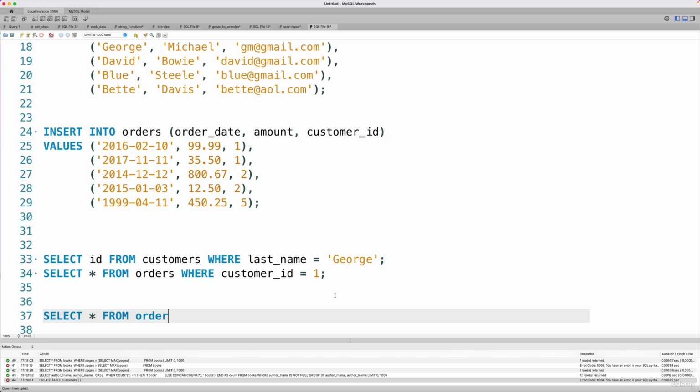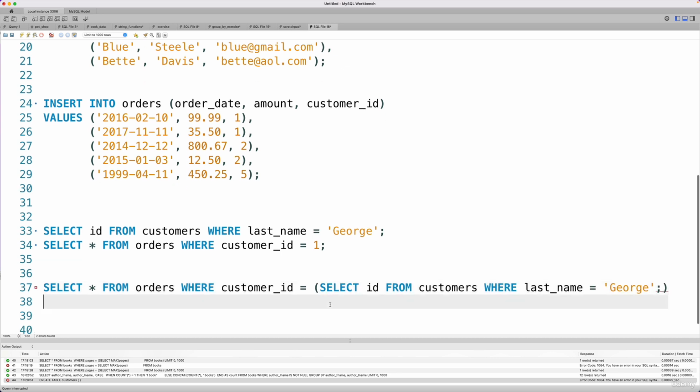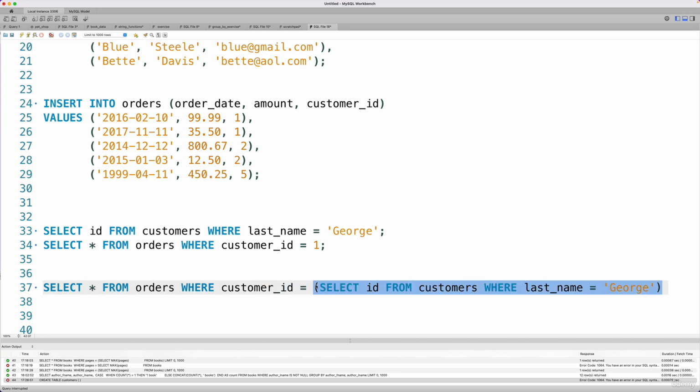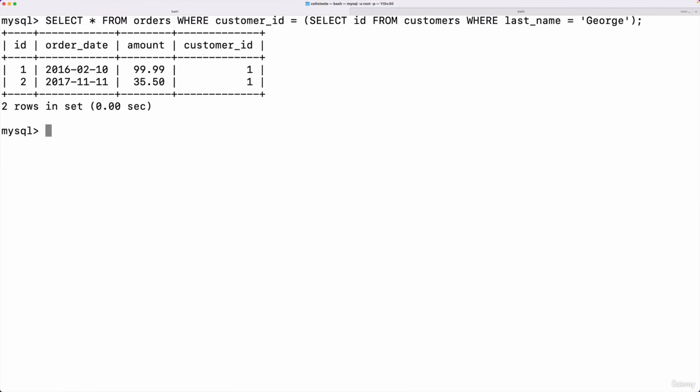Select star from orders where the customer ID is equal to the result of this other query. So when we have those parens, MySQL will run this first. And that's going to evaluate to a number, which we've already seen. It turns into 1. And then this query runs. So this is another way of writing it that is more succinct, and we can run it in one step. And we should still get the same two orders that have a customer ID of 1,